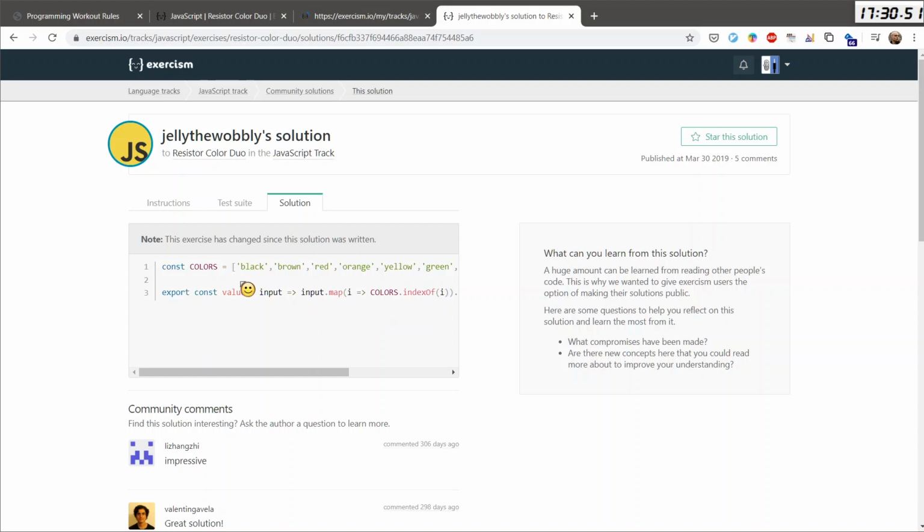So here are constant colors, and then he exports const value input map, and that will be colors index of I, joined by nothing or 0.